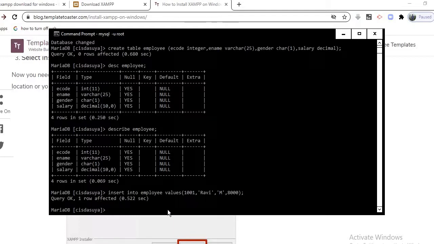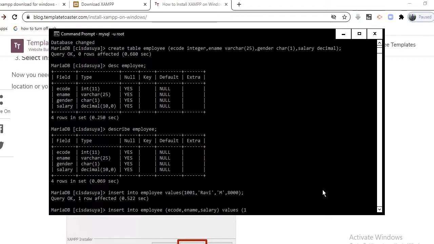Yesterday we also discussed in the lecture one more method of insert into employee by mentioning the attributes. Like I want to mention here e-code, e-name and salary, and I have to now mention the corresponding values.